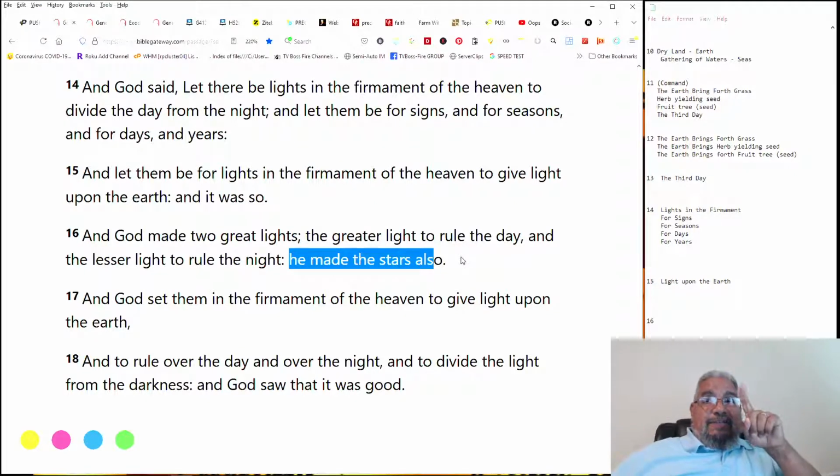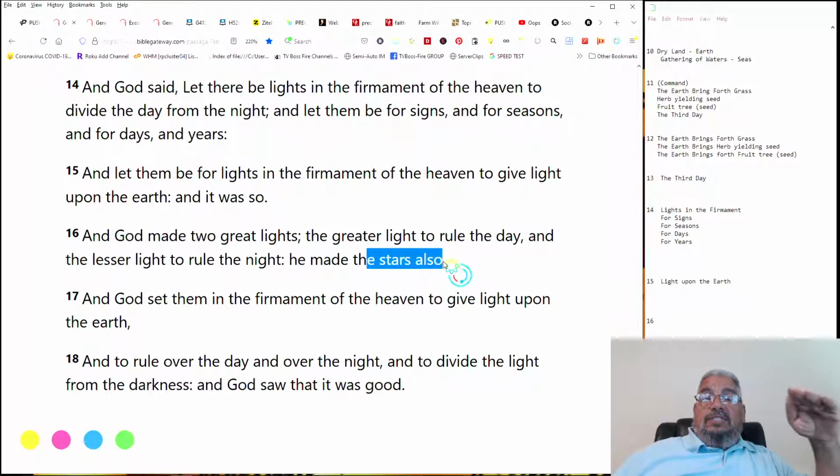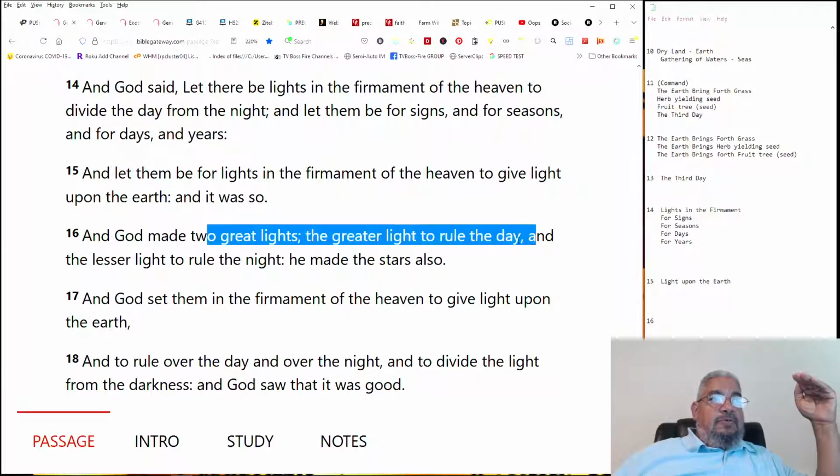This also proves that the Bible lists things purposefully and in logical order, in the sequence that they're supposed to be in, biblically speaking. That the greater light is first, then the lesser light is second, and then the stars also is the third. See? So it is in order of descendancy in terms of what is more important. So what is more important? What is greater? The sun, the one that rules the day. That is the greater light.